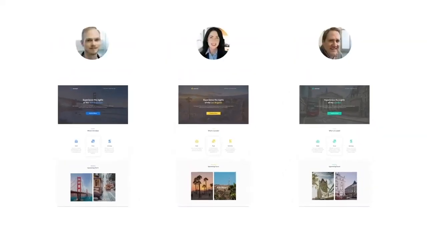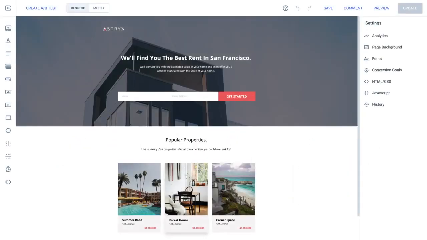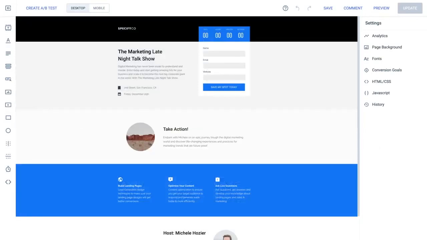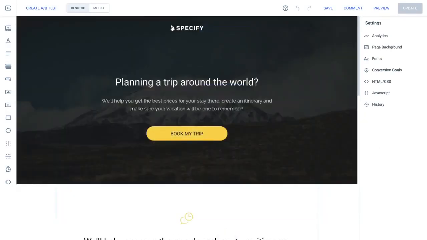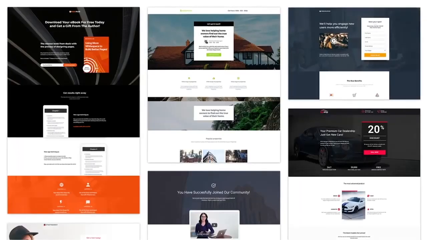Creating personalized landing pages at scale has never been easier. With the Instapage landing page builder, you can create on-brand, conversion-optimized pages in minutes. And you can build them the way you want, whether that's choosing from a library of professionally designed templates for